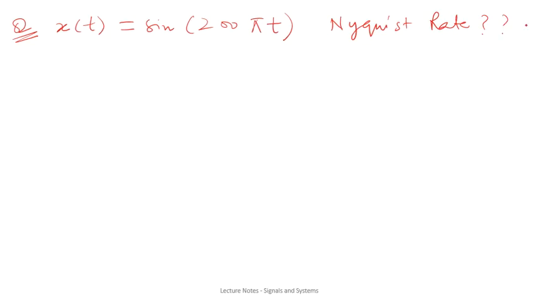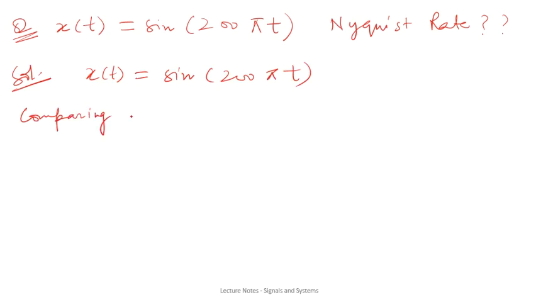You have to determine the Nyquist rate for it. Okay, so how will you proceed? If it is given to you that x(t) equals sine of 200 pi t,